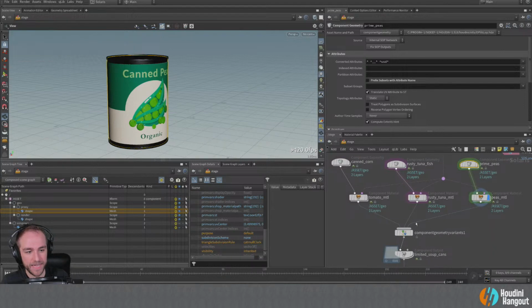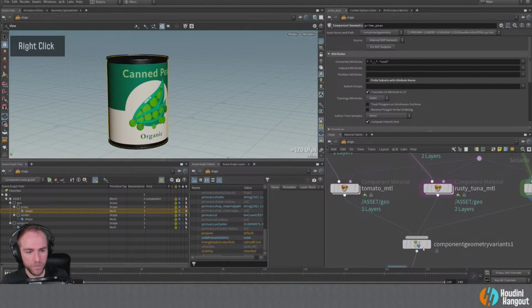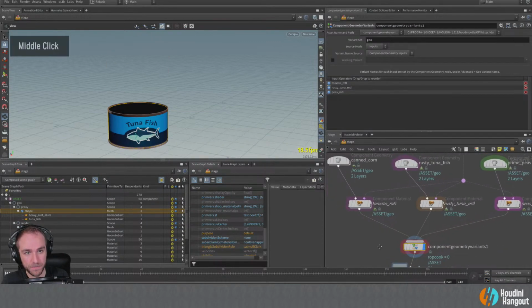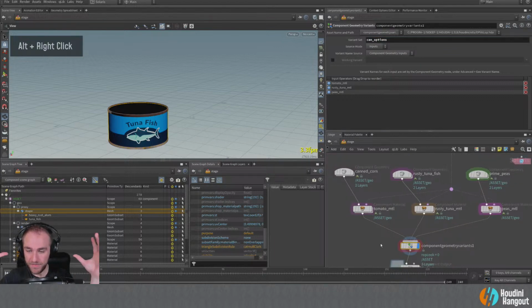So once you have that set up, what you want to do is put those into a component geometry variants node. And here what we can do is name this variant set. So here we could just say, I don't know, can options. We can just call it that, whatever. So that's going to be the name of these set of variations, right?